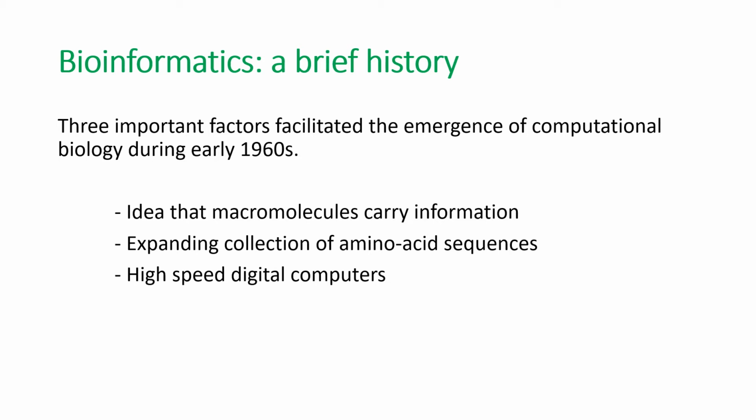The second point that facilitated this field was the expanding collection of amino acid sequences. Now you must be wondering why amino acid sequences. Earlier, when it was not proven that DNA is the hereditary material, scientists were more inclined to believe that proteins were the main information molecule, because DNA was a so-called boring molecule. It has just four nucleotides: adenine, guanine, cytosine, and thymine, and it was just a long polymer with repeating